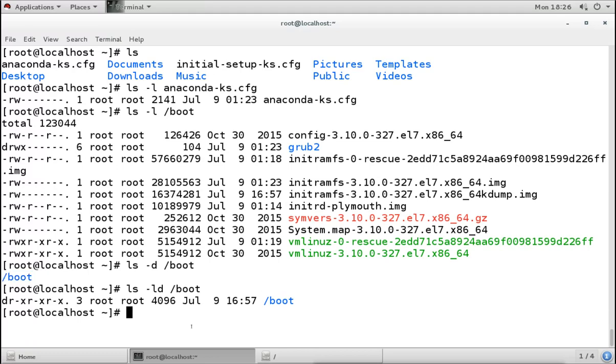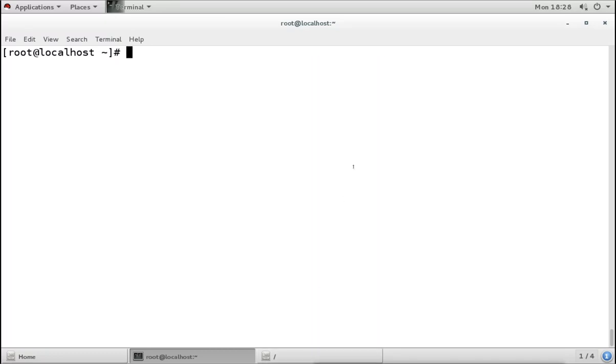So this is the -d option. This is the ls command with some options, not all. There are many options which we can run with the ls command, but for administration, for importance, we have seen some of the options, the ones which are required for us. Those are the important options we have.